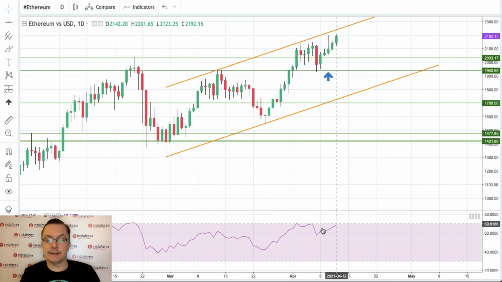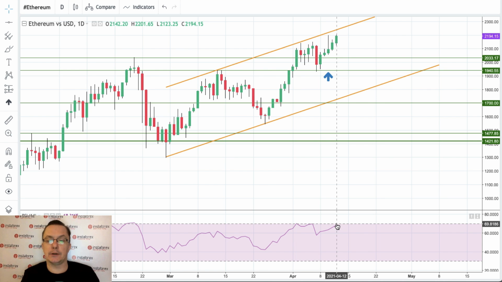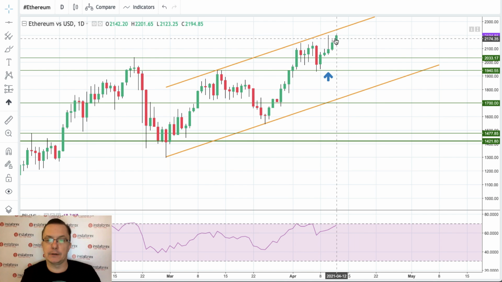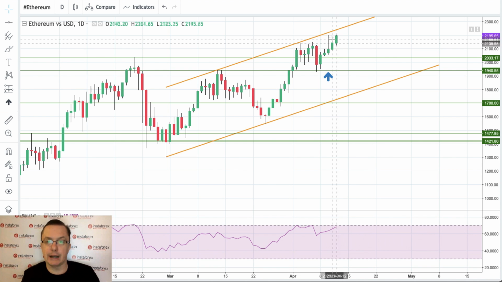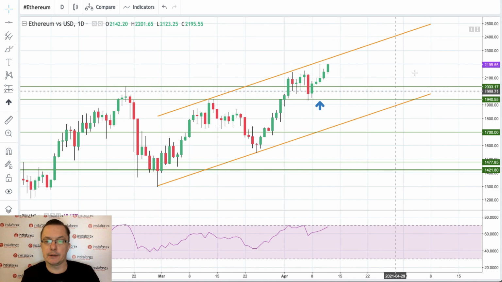As you can see, this is the level of 70, which is an extremely overbought level. So the market conditions are extremely overbought. It means, of course, that price compared to 14 days back is extremely high. Well, it's an all-time high, so it's not that surprising. So please be careful with the current market behavior, because we might have some kind of a pullback after the all-time high was made.